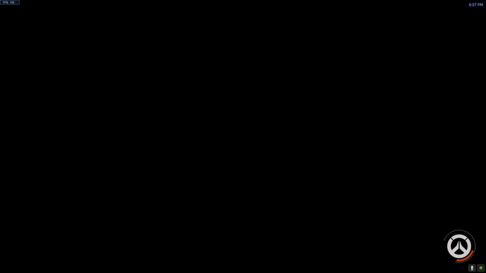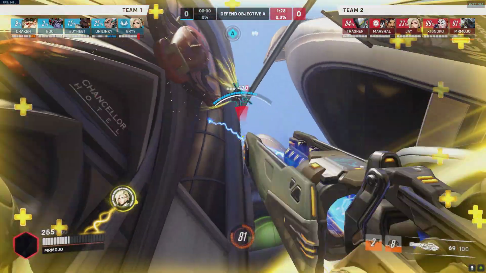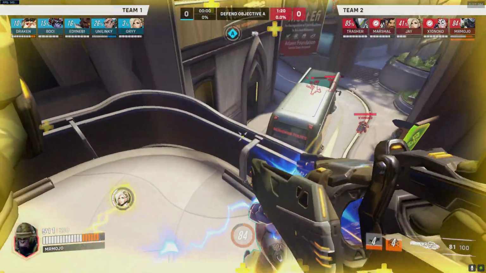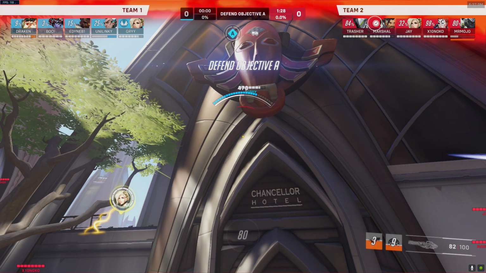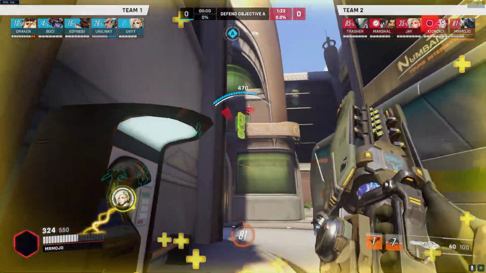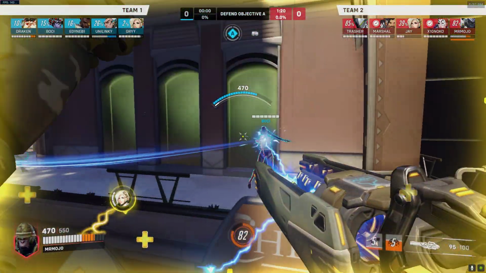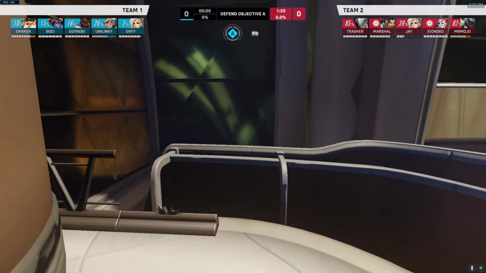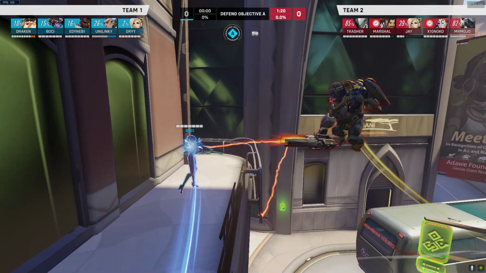Okay, so you go back. You're going to reset. I see the Widow. I go right away. Yep. So when you dive her, just mechanics-wise, try to land on her left. The reason being is that you're going to see when you dive, it's going to bump her. So I want to land here to bump her away from her team,